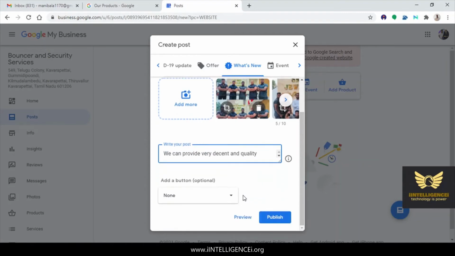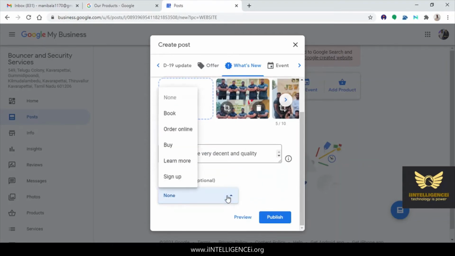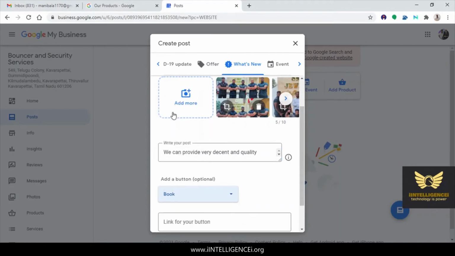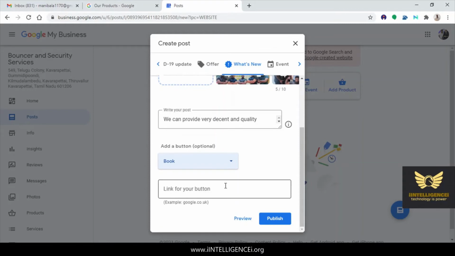Add a button. If you want to order online or book, just click the book button. Link for your button. I am not providing any link.